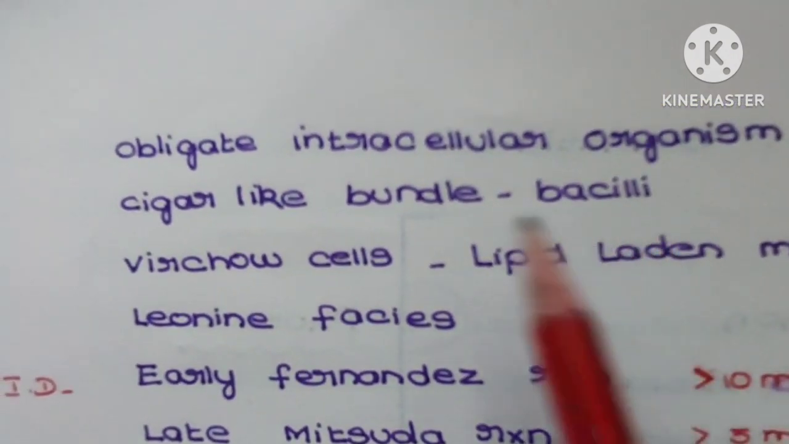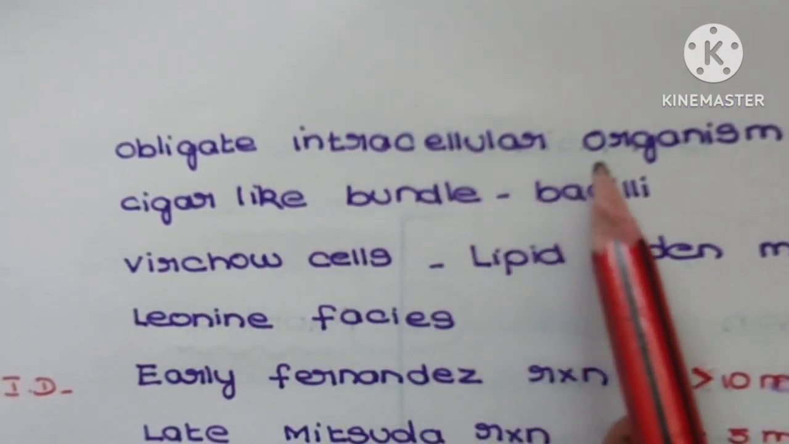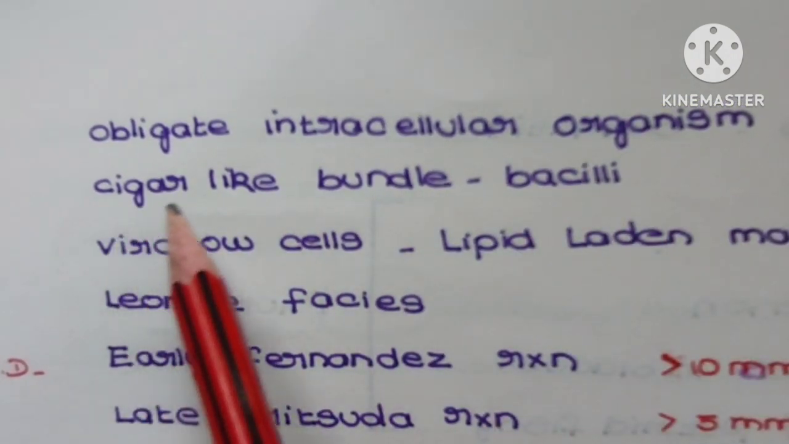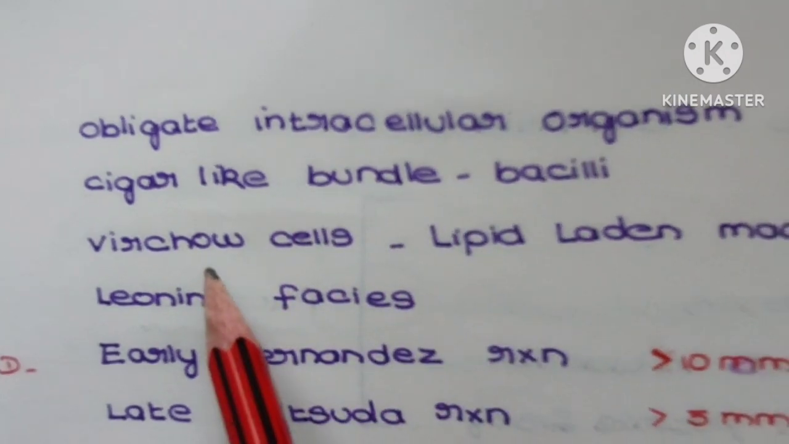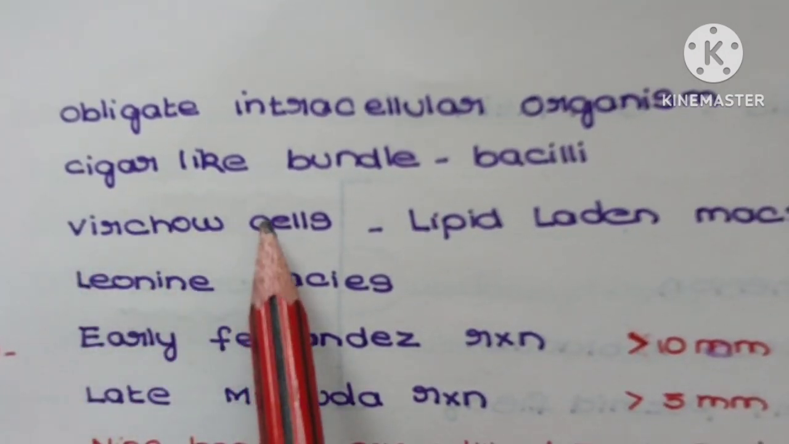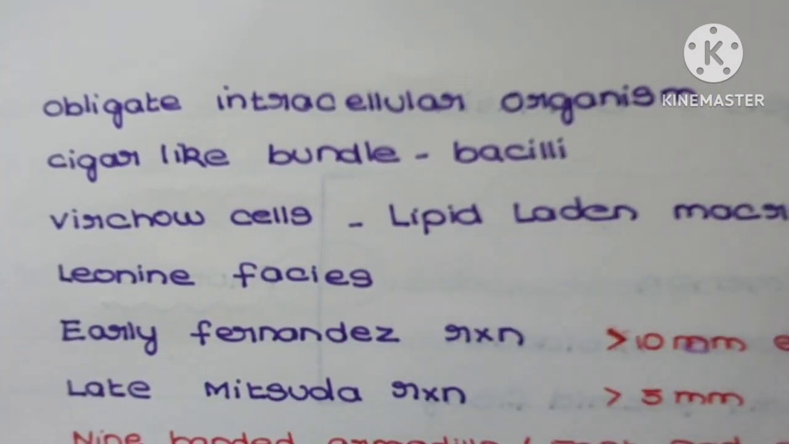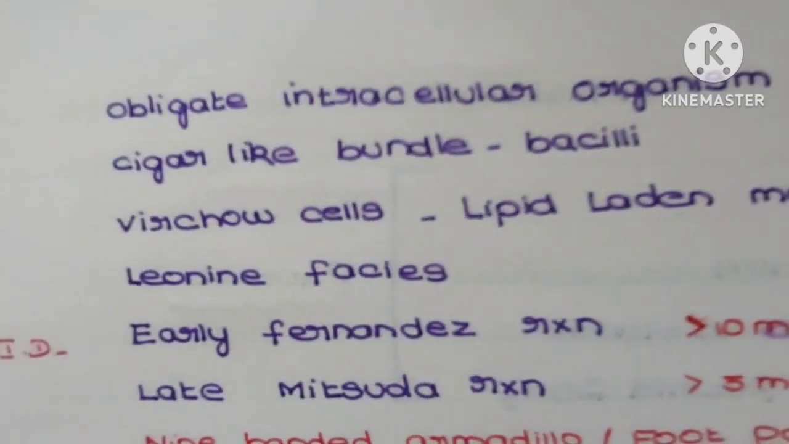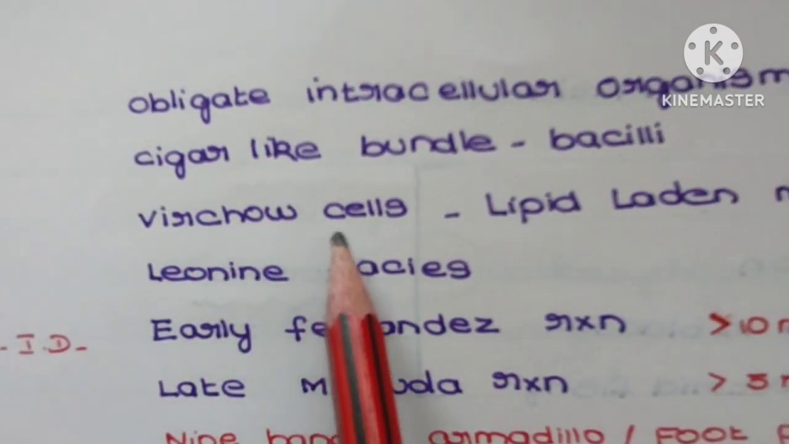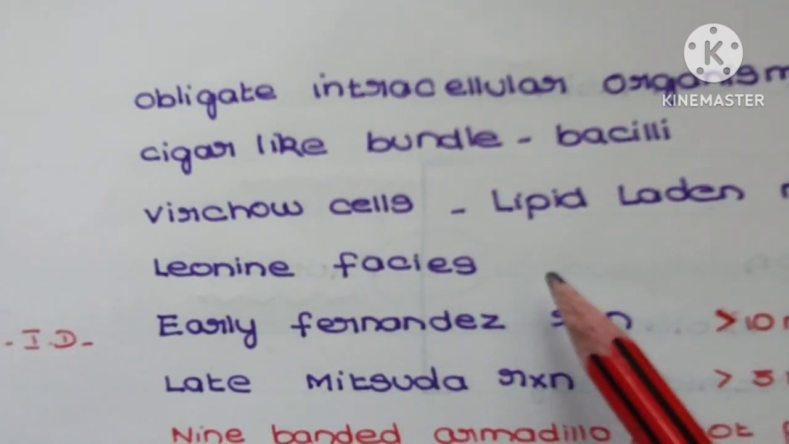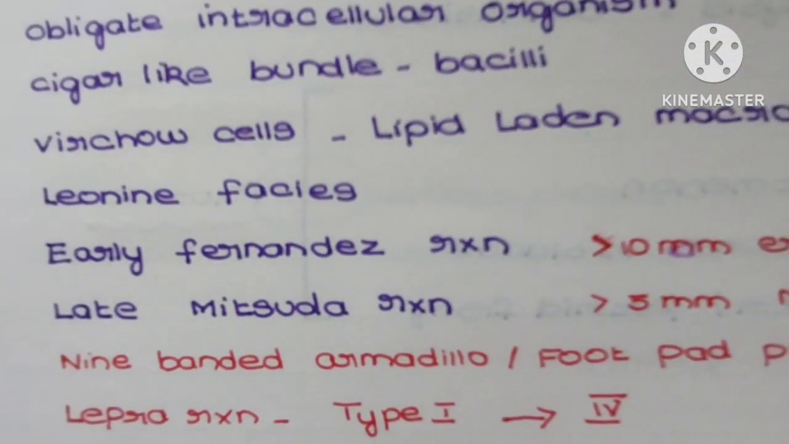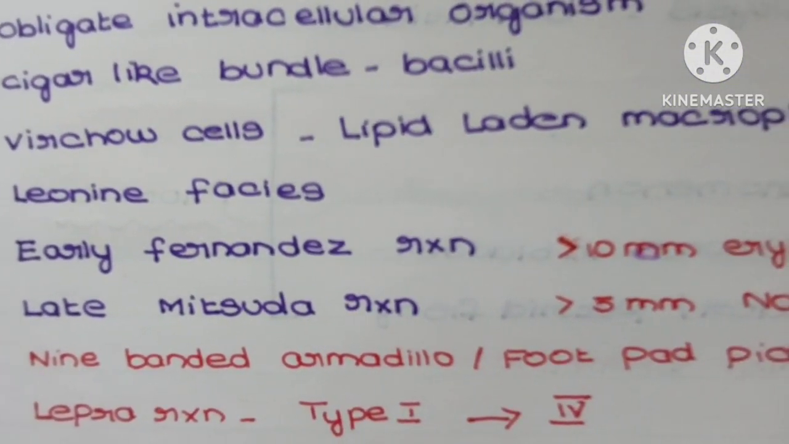So first the clue is: it is an obligate intracellular organism with cigar-like bundles of bacilli, and there will be Virchow cells, that is lipid-laden macrophages. This is called Virchow lepra cells, and leonine facies will be there, and the early Fernandez reaction, in which